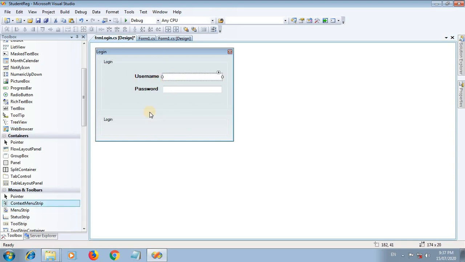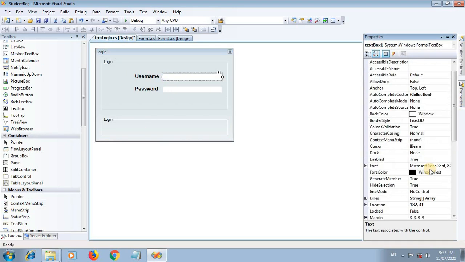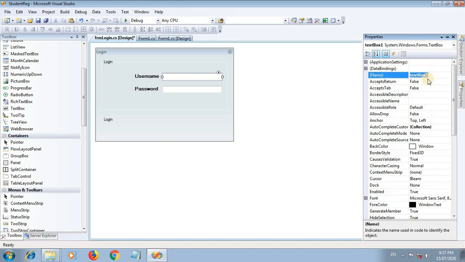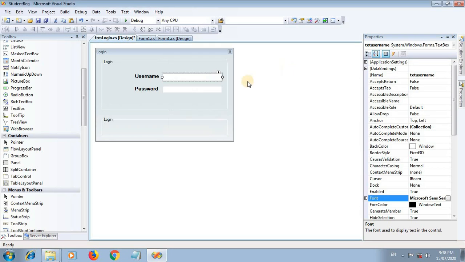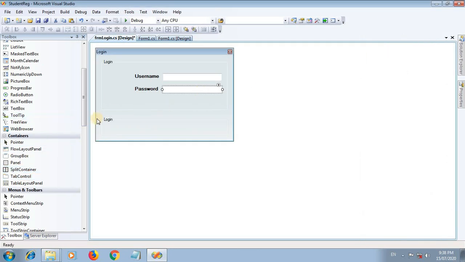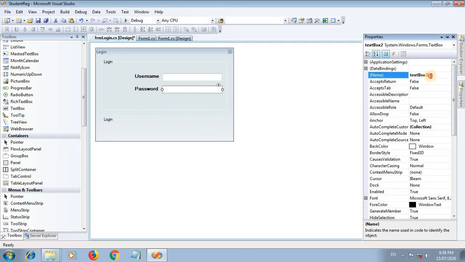Change the properties of the first text box. Change the name property: I am providing the name txt username for the first text box, where txt stands for text. And change the font property to 10. In the same way, for the second text box,